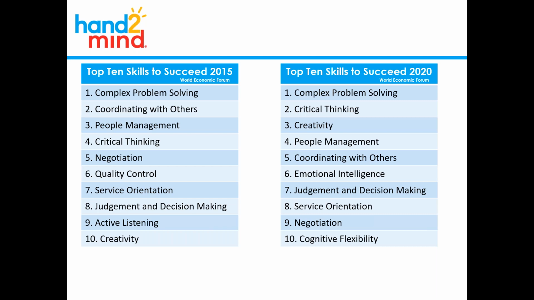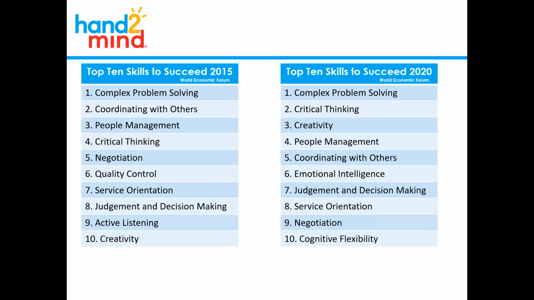In 5 short years, what is needed to succeed has already changed drastically. It's not just the same skills over and over and over. The one I want to point out to you on the top 10 skills of 2020 is number 10. So remember where creativity was, and now it's number 3? This idea of cognitive flexibility, that idea of thinking flexibly to transition from one train of thought to another. We are having to help our kids be able to do these things so that they can be successful, because we are preparing those students for the future.